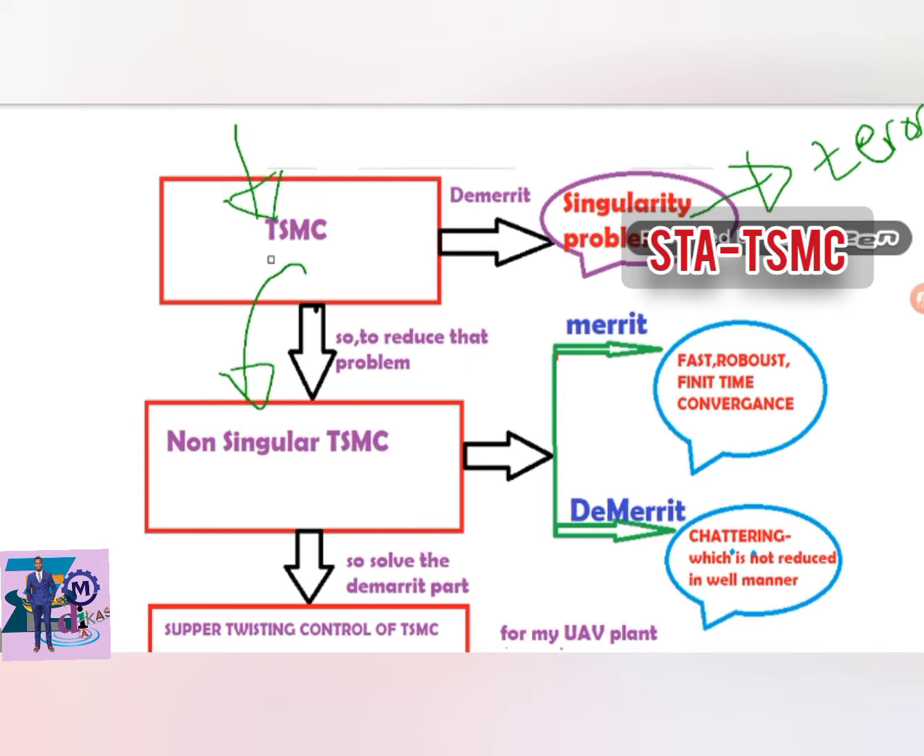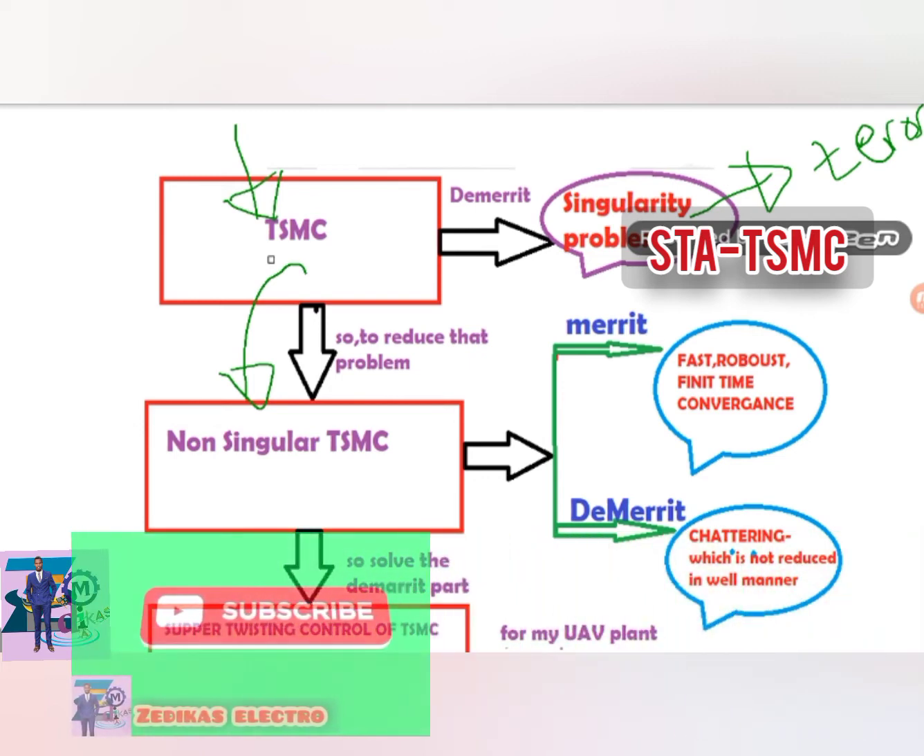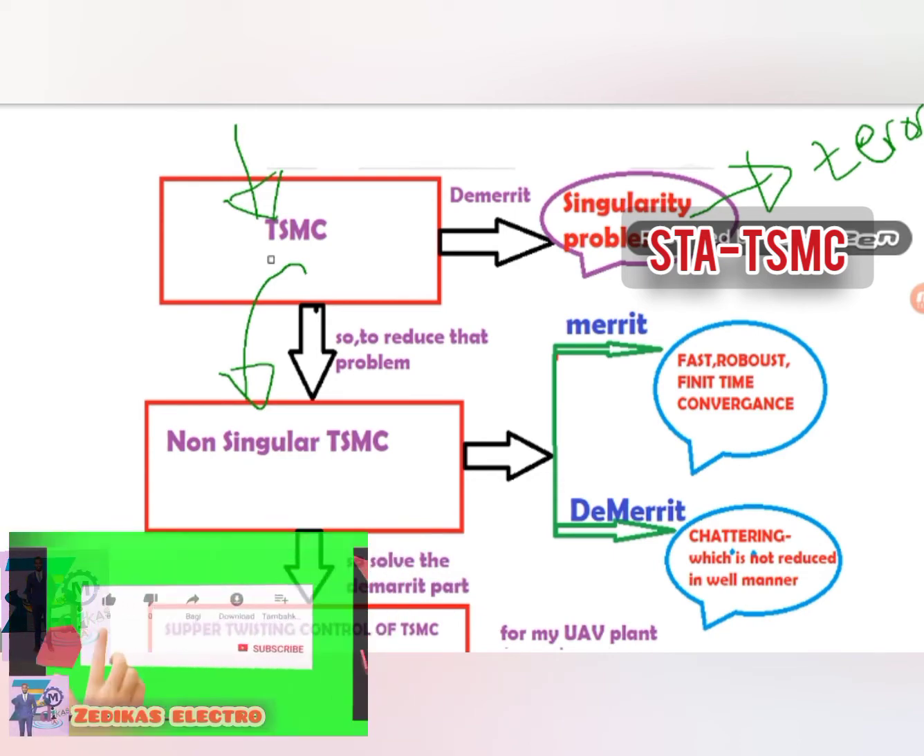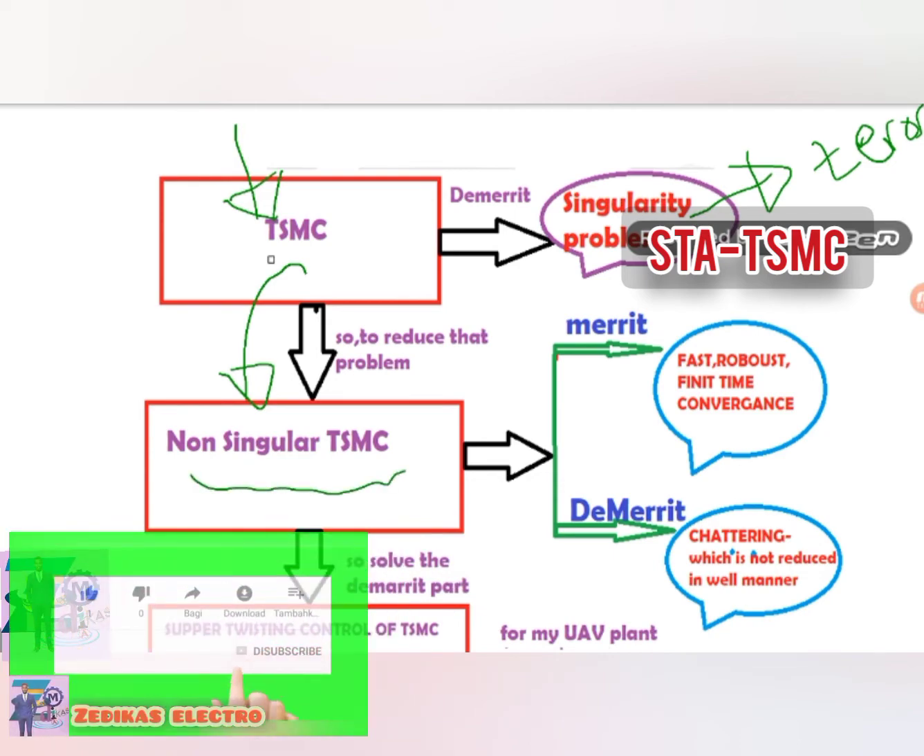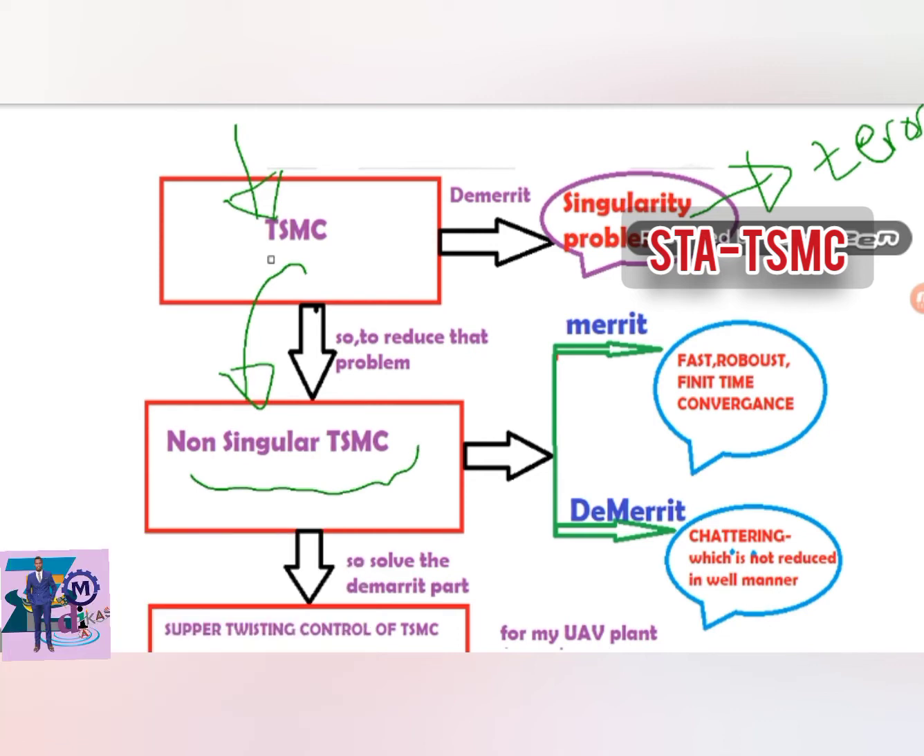So once I select the singularity problem rejection mechanism, I selected the non-singular terminal sliding mode controller, and then I look at two things. The first is the advantage of this non-singular terminal sliding mode control. Once I adopt that sliding mode controller for my plant dynamics, where is the output? When I look at the output, there is the merit part and the demerit part. Before I go to the demerit part, the merit part is that our system has a very fast response, which has a capability